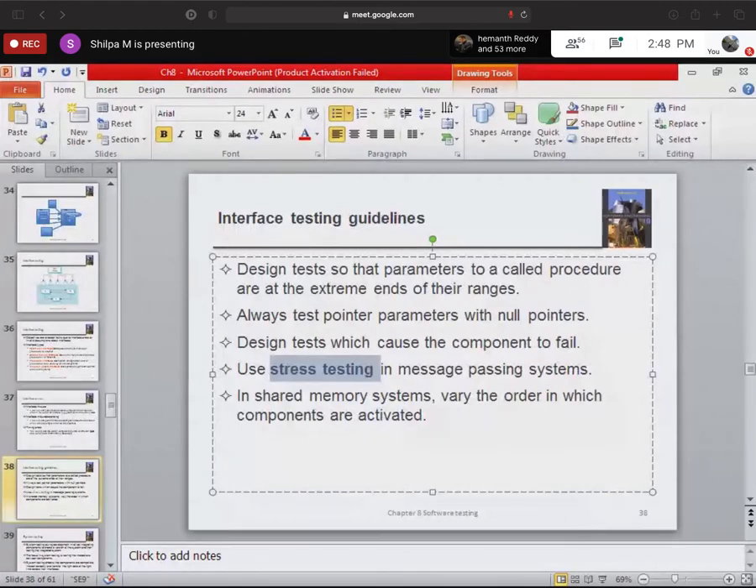See, it is basically trying to test the system with overloaded messages or overloaded data, and understanding whether the system fails or works properly during those instances. In shared memory systems, vary the order in which